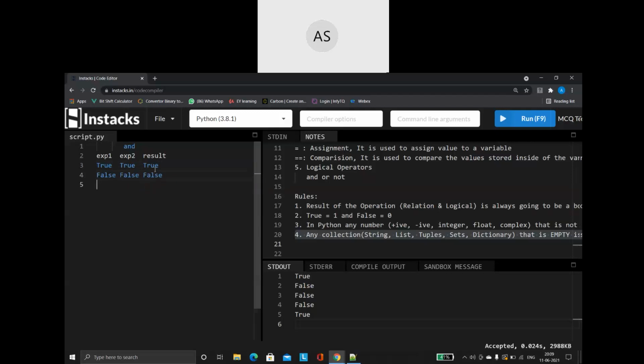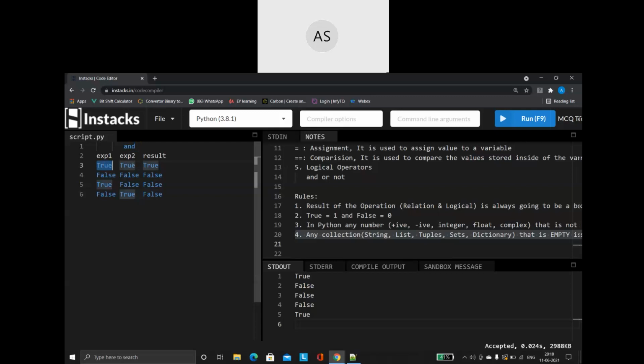If the first expression is true and the second expression is false, then also my result is going to be false. If my first expression is false but my second expression is true, then also my result is going to be false. So remember, whenever you are combining expressions using the AND operator, all the expressions must be true. If I am combining three conditions, then all three conditions must be true.